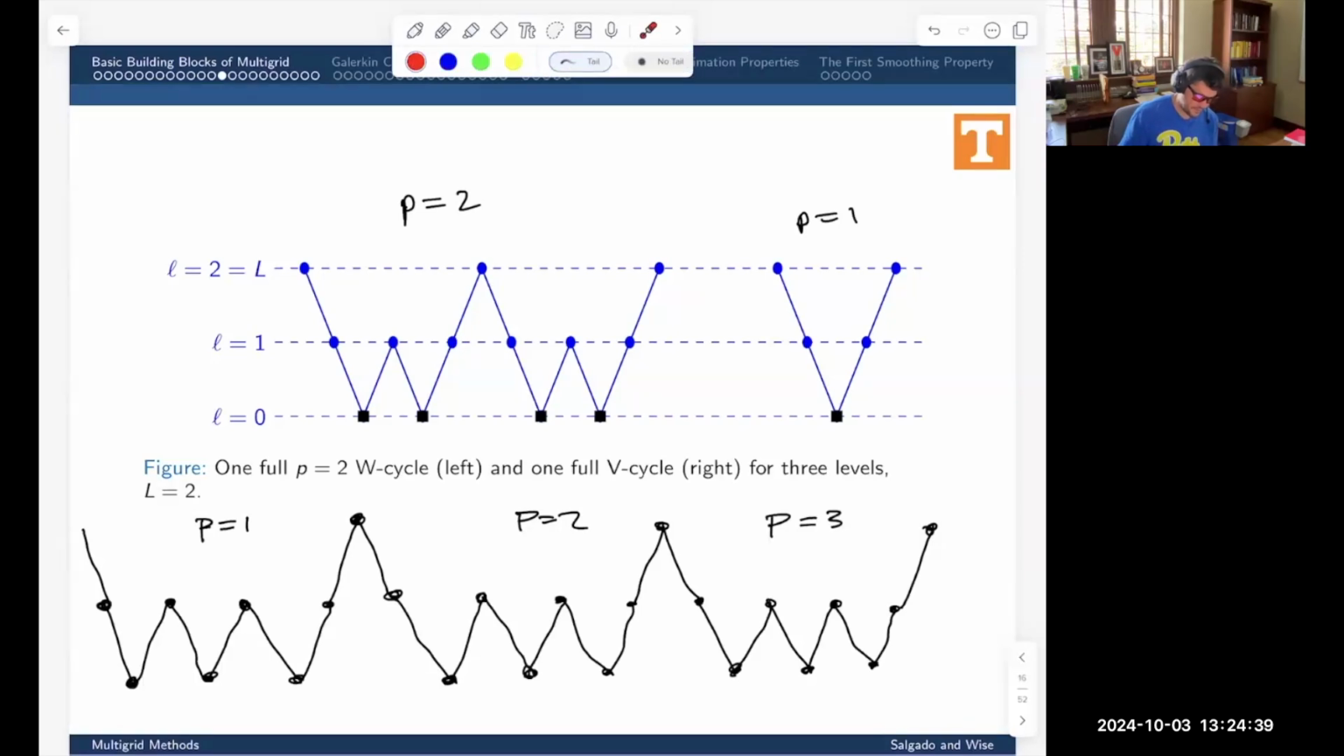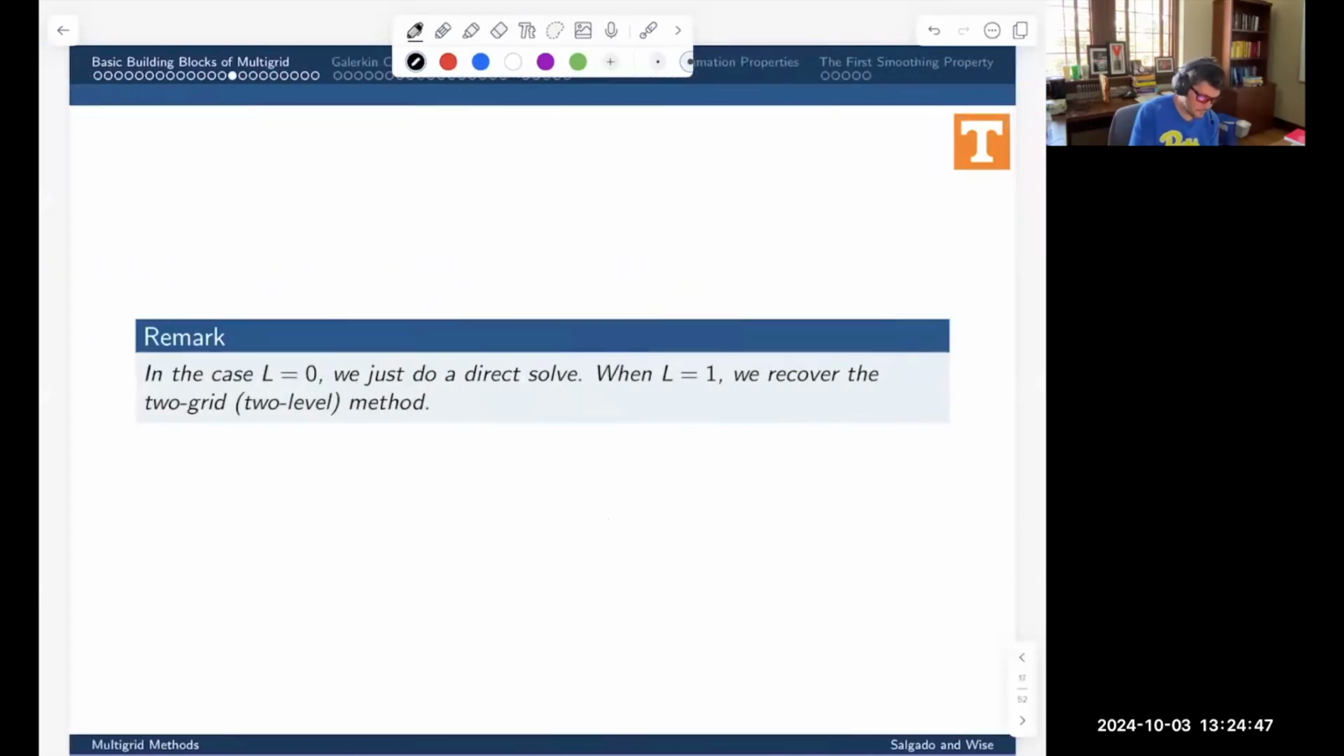All right, so this is overall what we mean by P equals 3. In the case that L is equal to 0, we just do a direct solve. That's all our multigrid algorithm gives us. If the